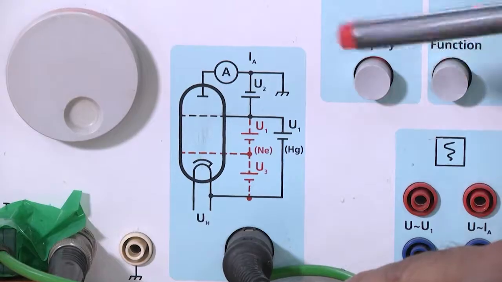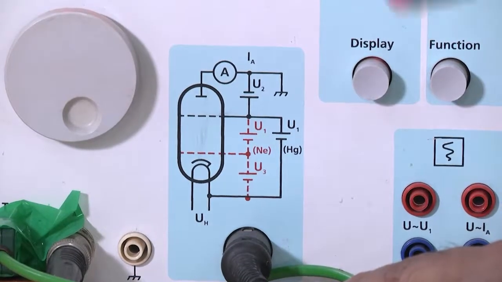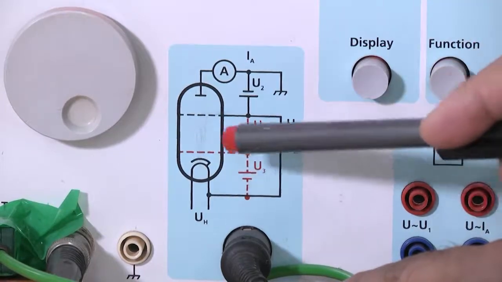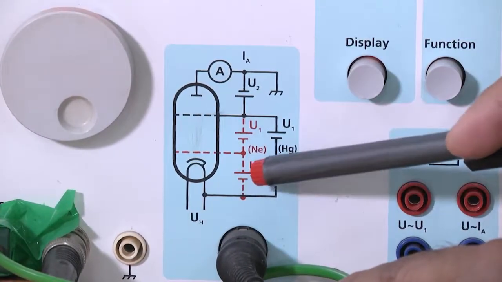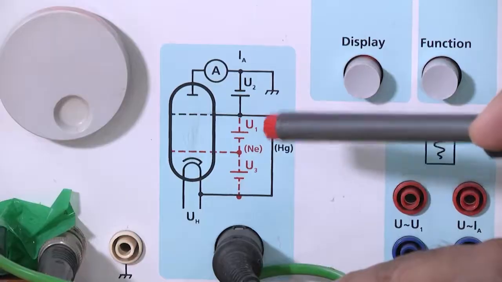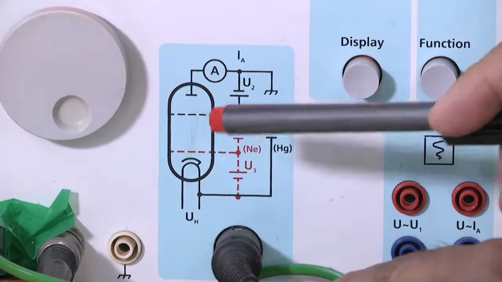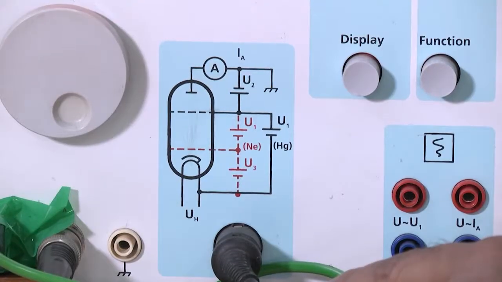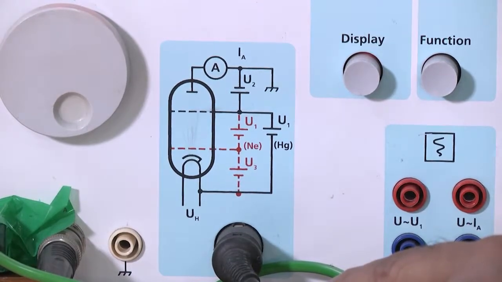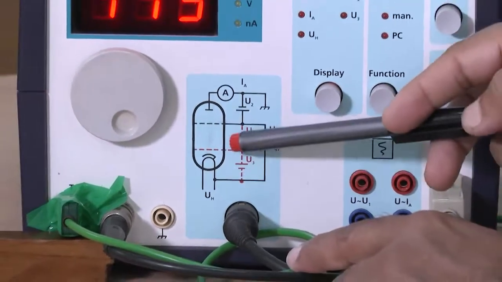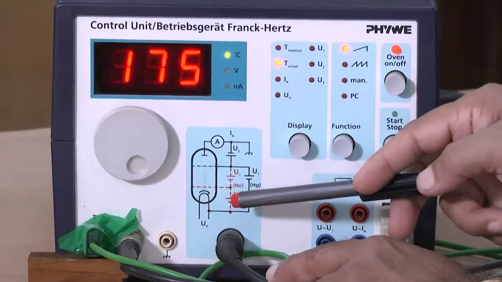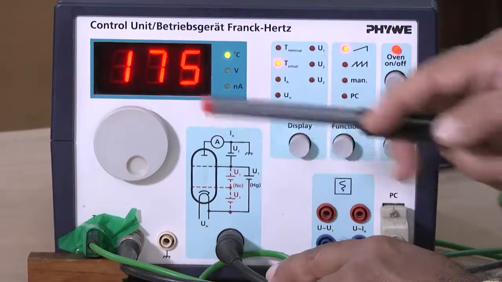In my diagram I showed one grid, but here there are two grids, both connected with this voltage U1. One can use one grid or two grids, there is no problem, but the same voltage U1 is given. So this is the accelerating voltage, and this is the anode,